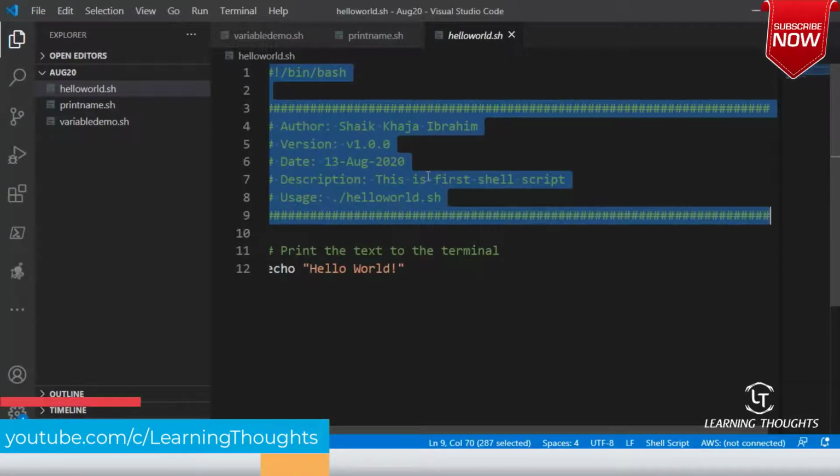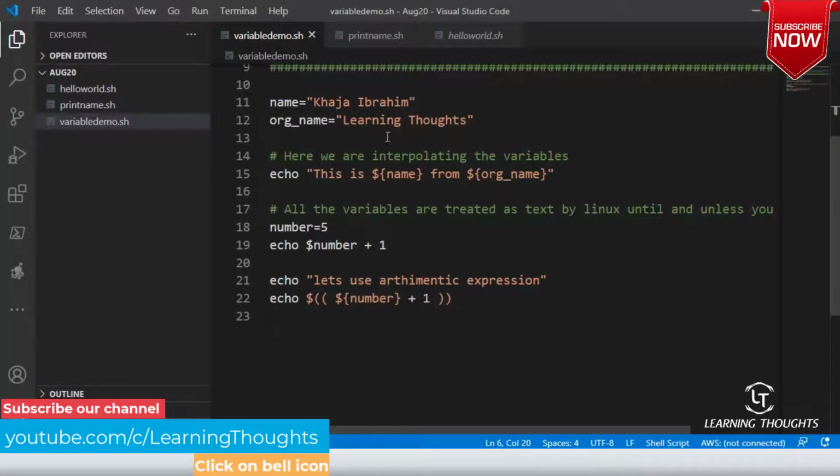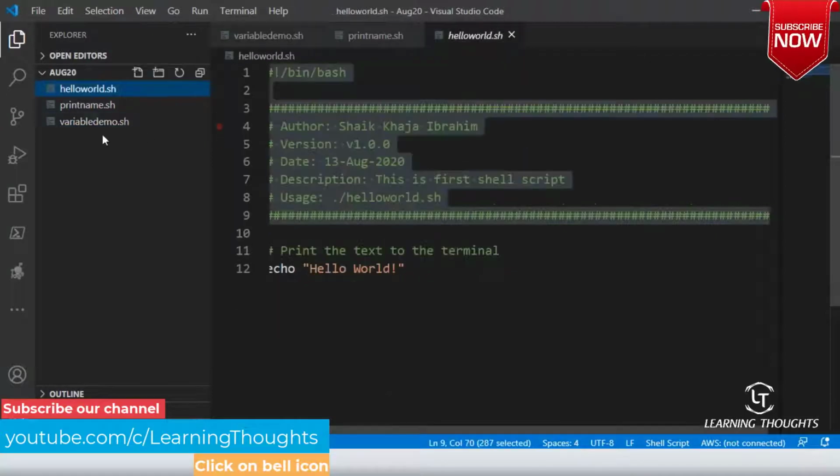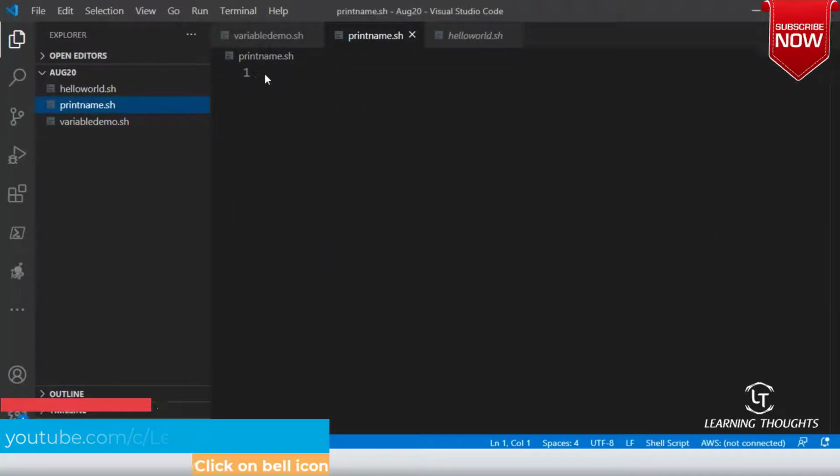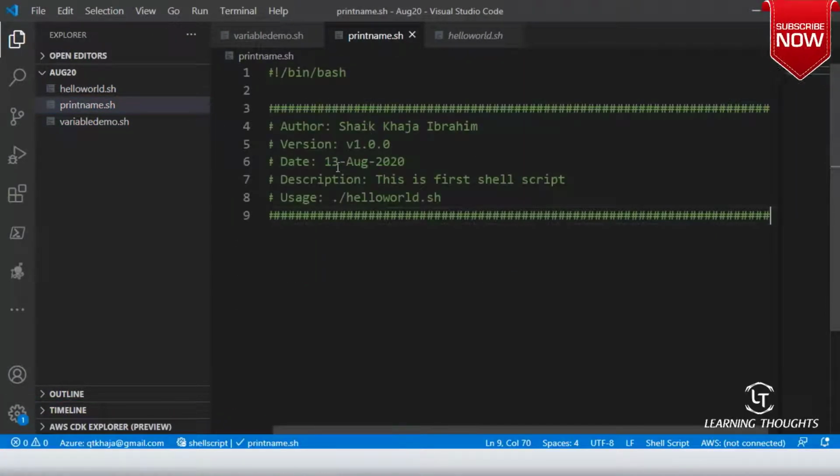Always have a habit of having this script header and shebang, which is always a good sign. Right. So today is 25th August. So this is print name dot sh, and here pass name.